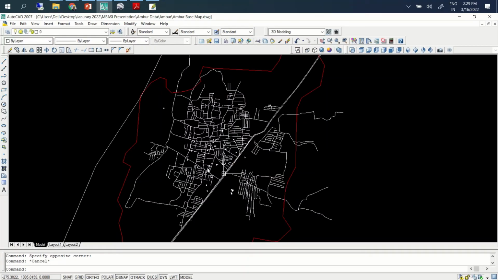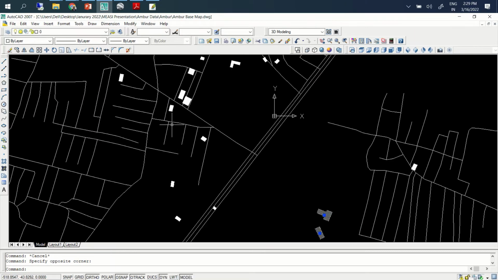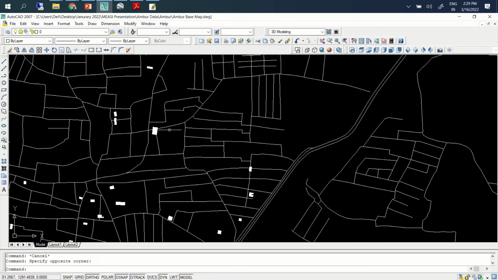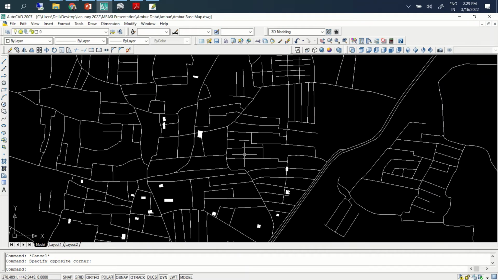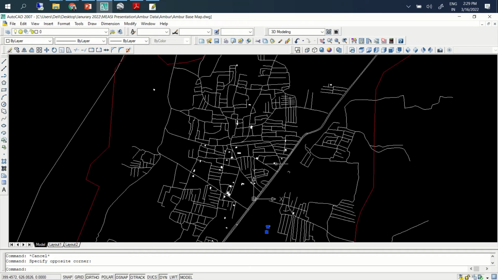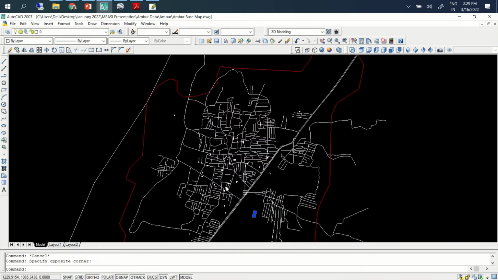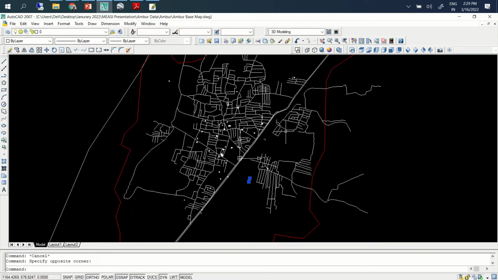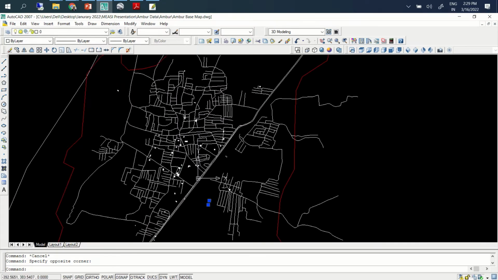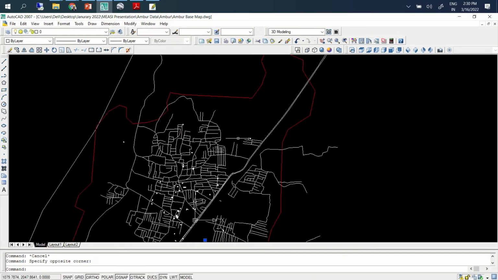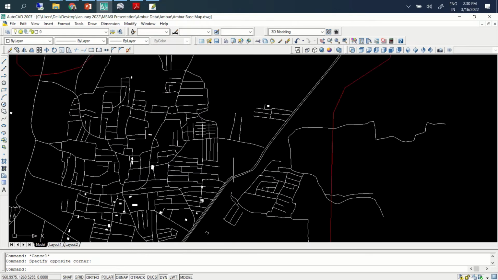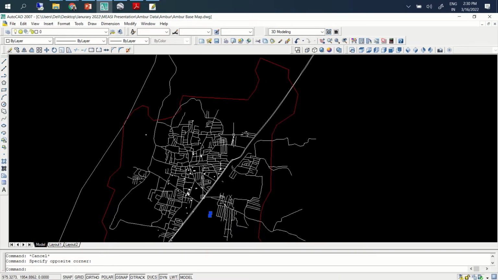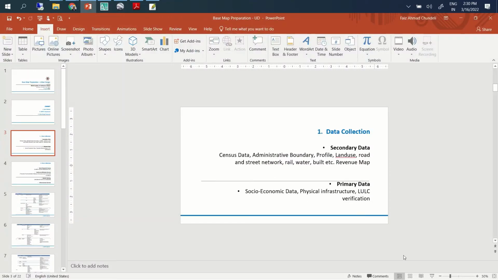Buildings, you can see only these are the building information that is available. Unfortunately, we don't have most of the information on buildings. Only the road network is what you will primarily be able to get hold of using this particular data set. And once you get this base, we will see how we can get the building footprint information and then superimpose on this layer. So let's go back to the presentation.